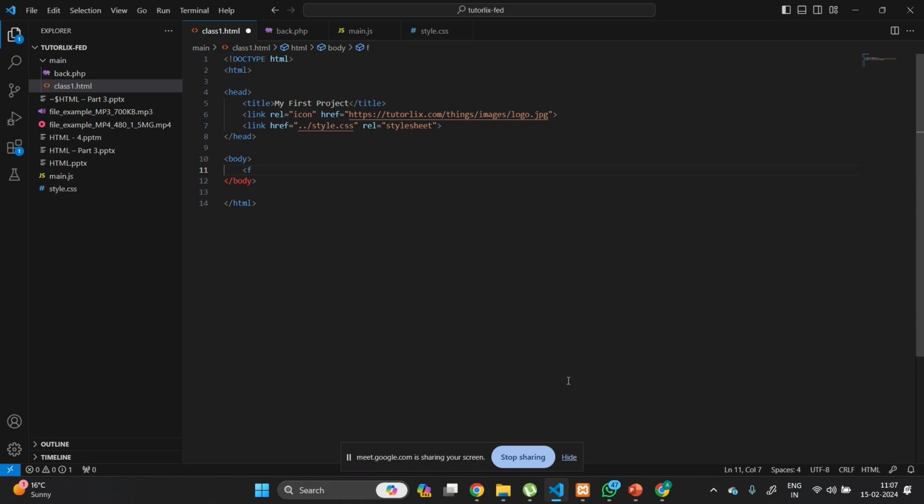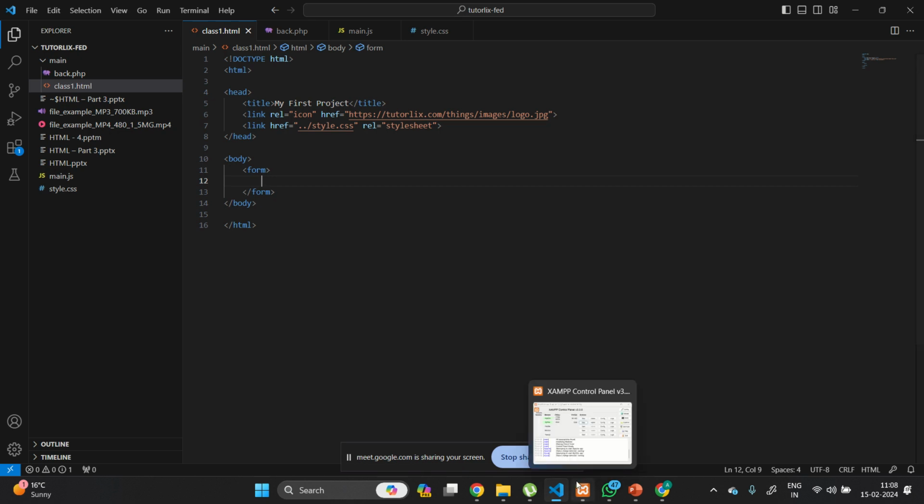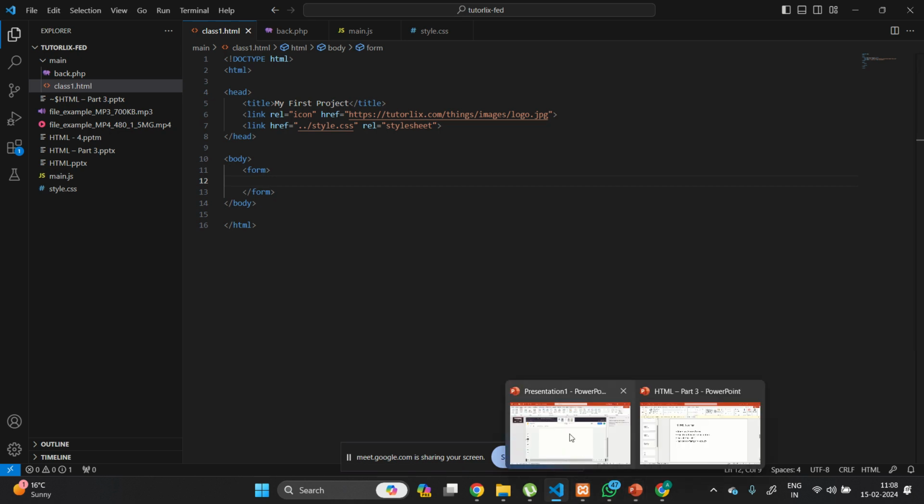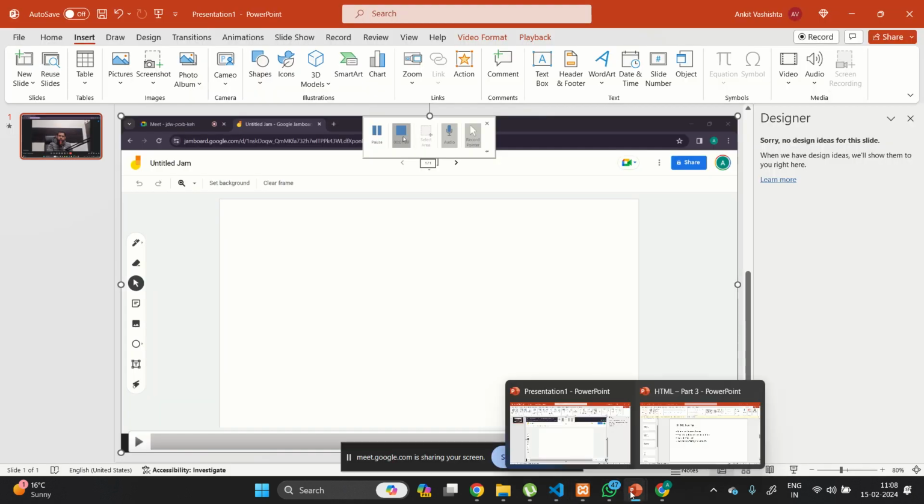So basically, what we can do is make use of a form tag. Okay. So the form tag is defined to have a form in the HTML. Okay. Next thing is, one second,